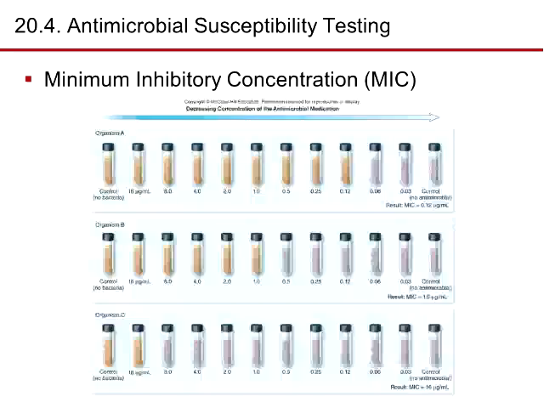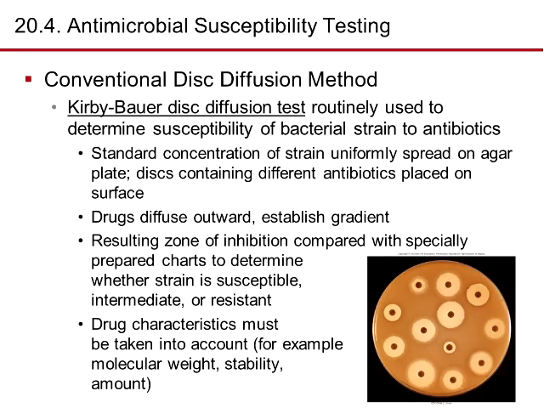This is the minimum inhibitory concentration, and you can see that we have organism A, B, and C, and we add the organism in a reducing concentration, so we can see at what point it eliminates the organism growth. In this case, it's 0.06. In this case, it's 0.5. In this case, it's 8.0. So you can see that it can occur at very different rates depending on the mechanism we're talking about.